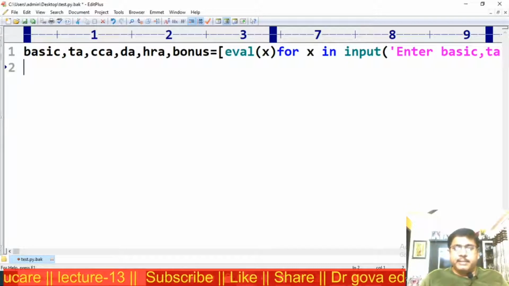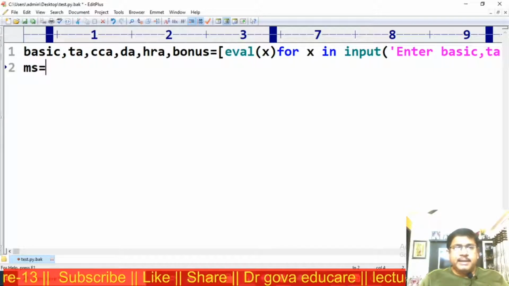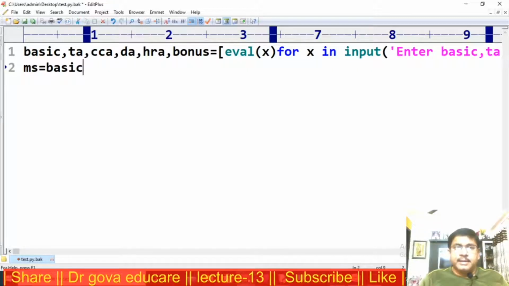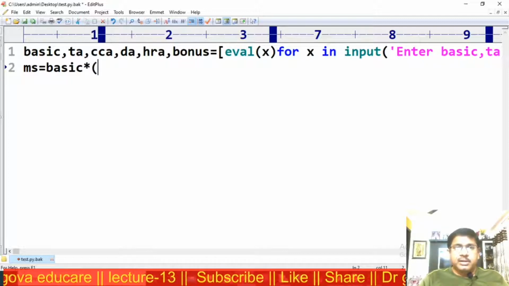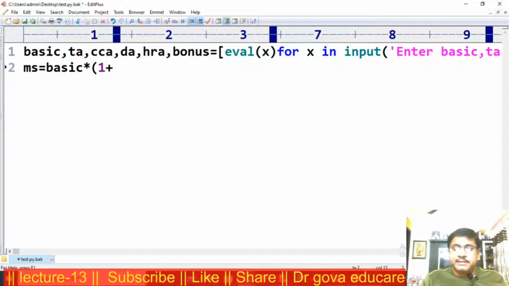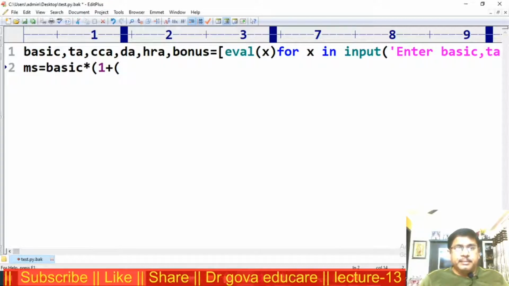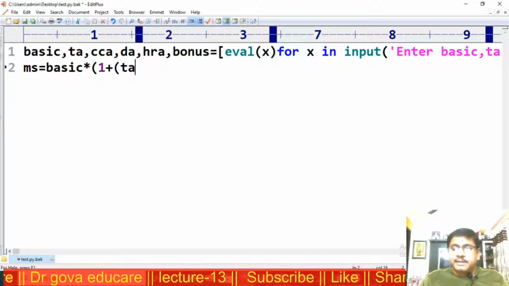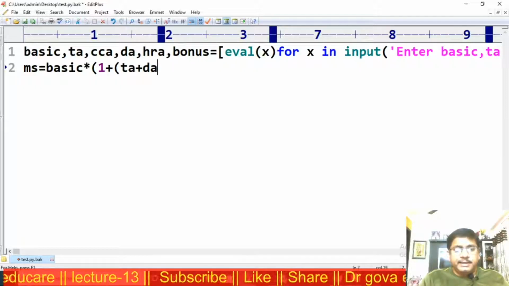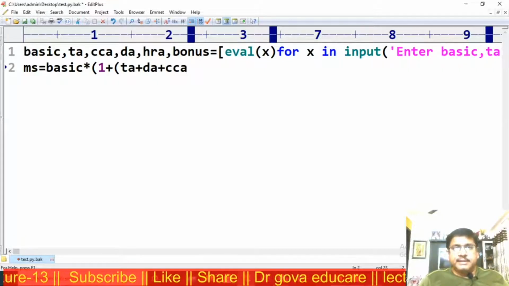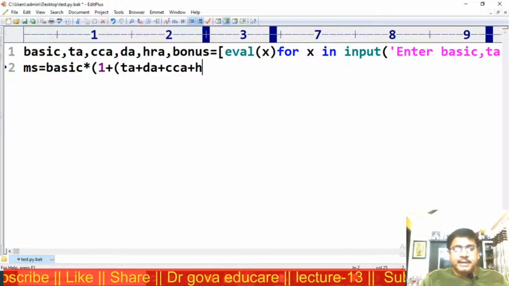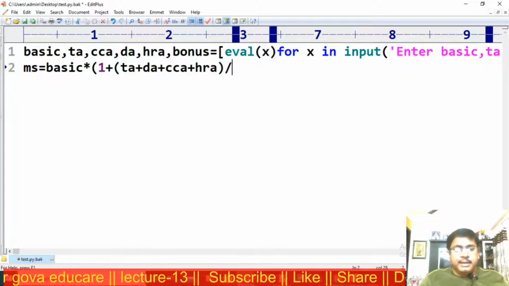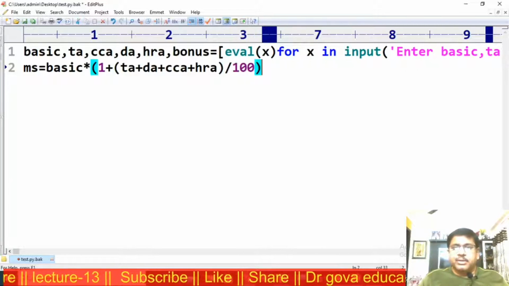Now I am calculating monthly salary. Monthly salary is equal to basic star into 1 plus TA plus DA plus CCA plus HRA by 100, close the bracket.